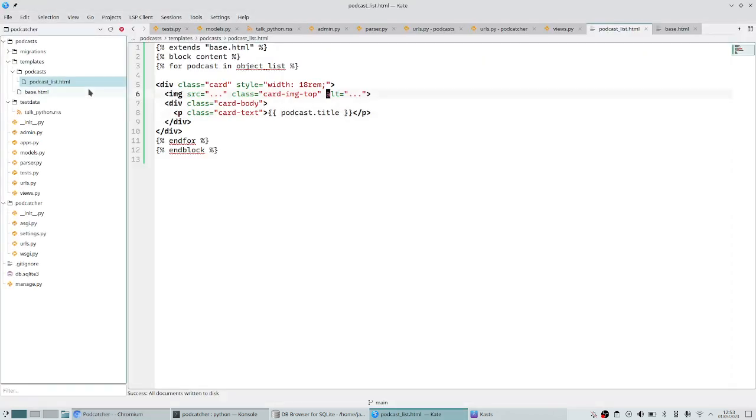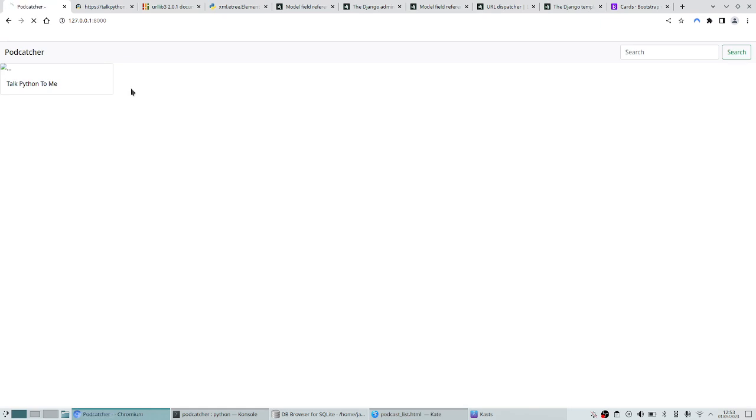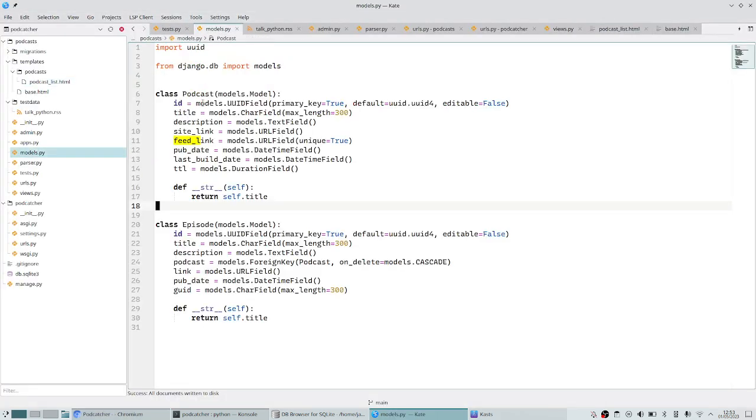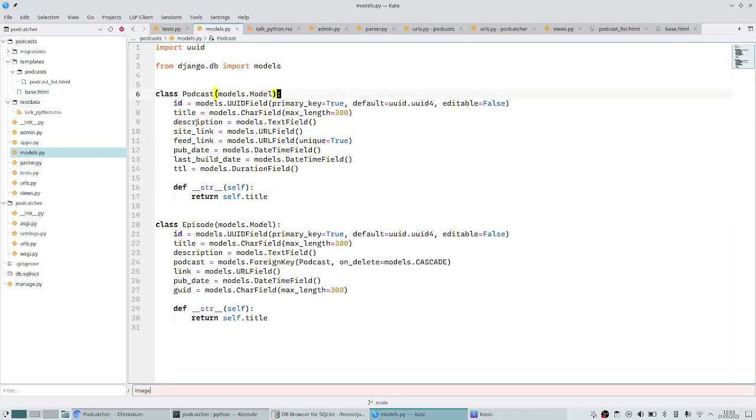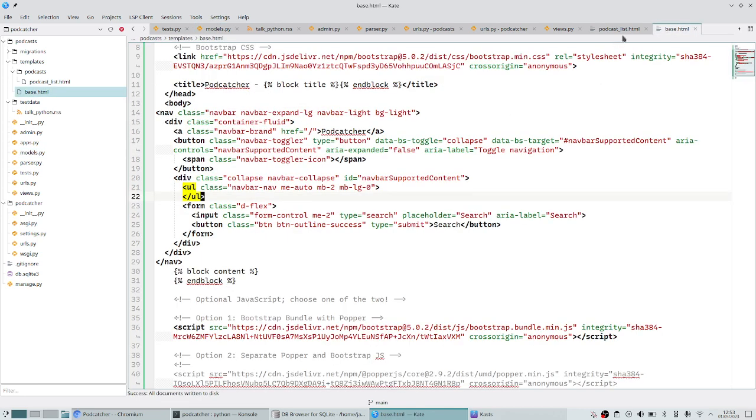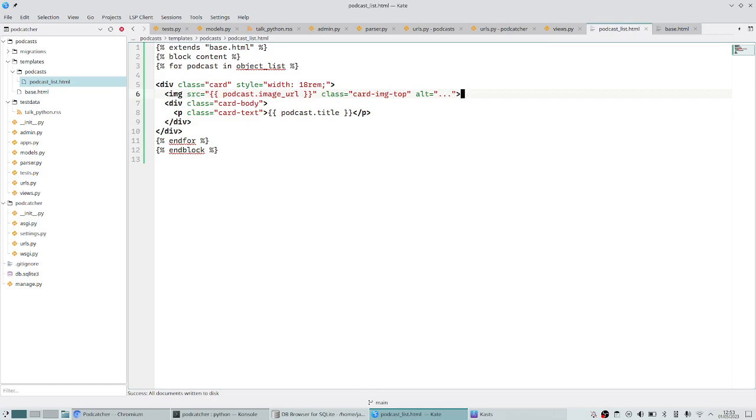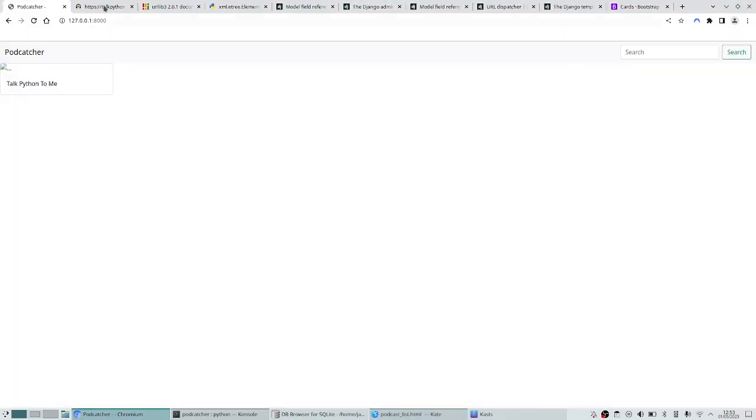It looks like we're missing the image, which makes sense. Instead of this, we want to say podcast.image URL. Was it image URL? Let's go and double check. It was. Did I really not save this? Feed link, site link. I didn't save this. Ah, so we need to go back and actually extend our parser to actually pass the image URL, because